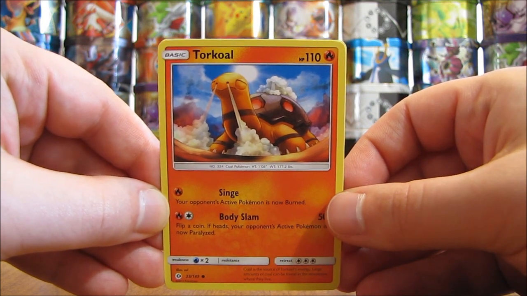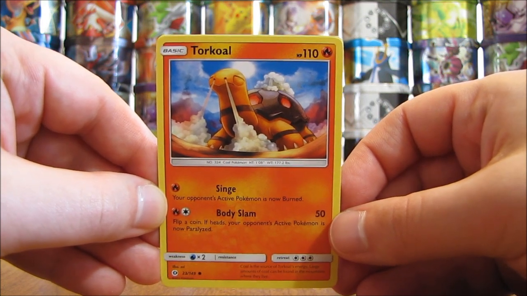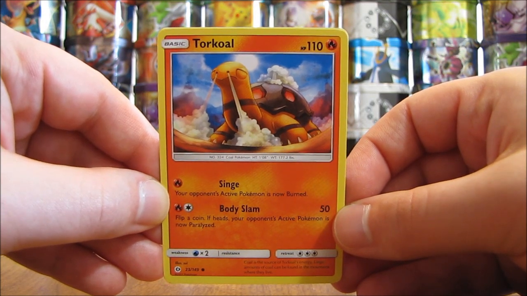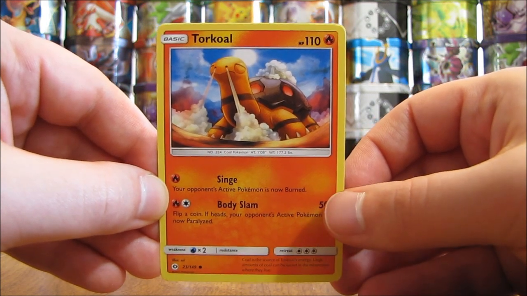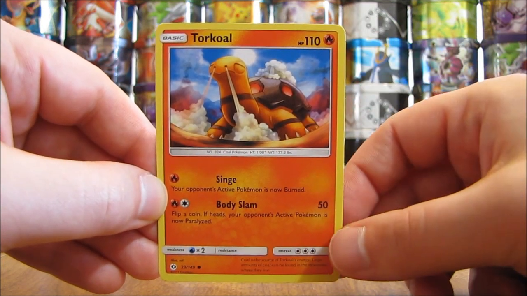Singe is the first move on Torkoal, and it burns the defending Pokemon. And then Body Slam is the second move. For 2 energy cards, it does 50 damage and paralyzes the defending Pokemon if you get a heads when you flip a coin. So another card that has 2 moves on it, a good HP, and a solid move here